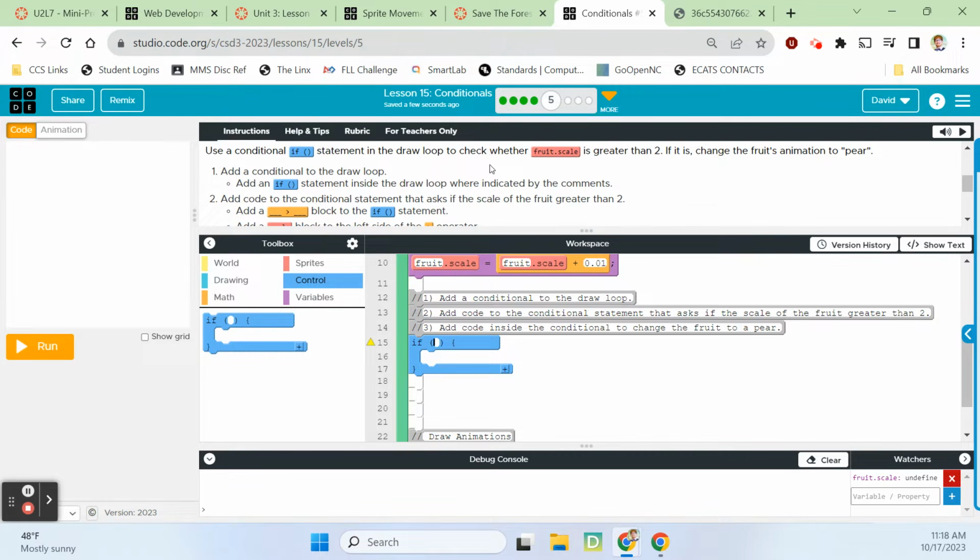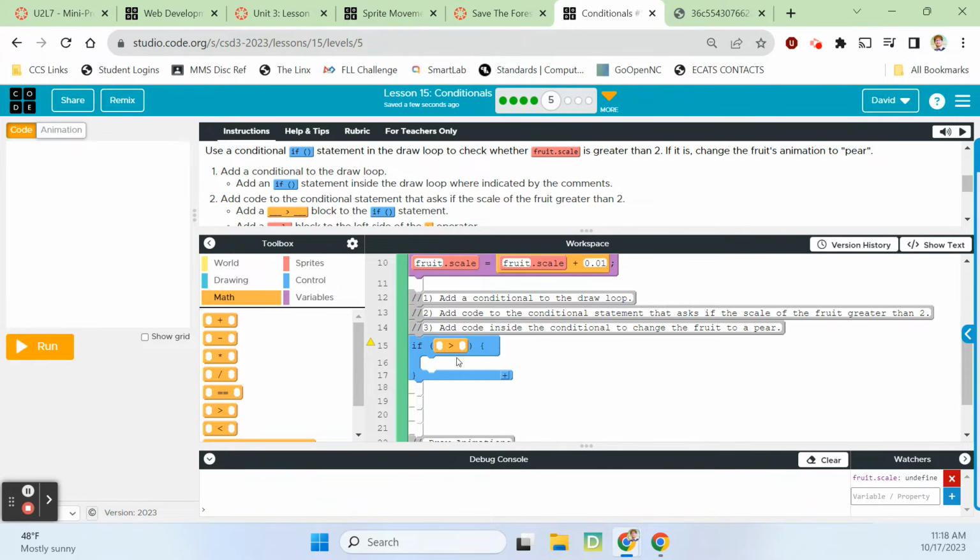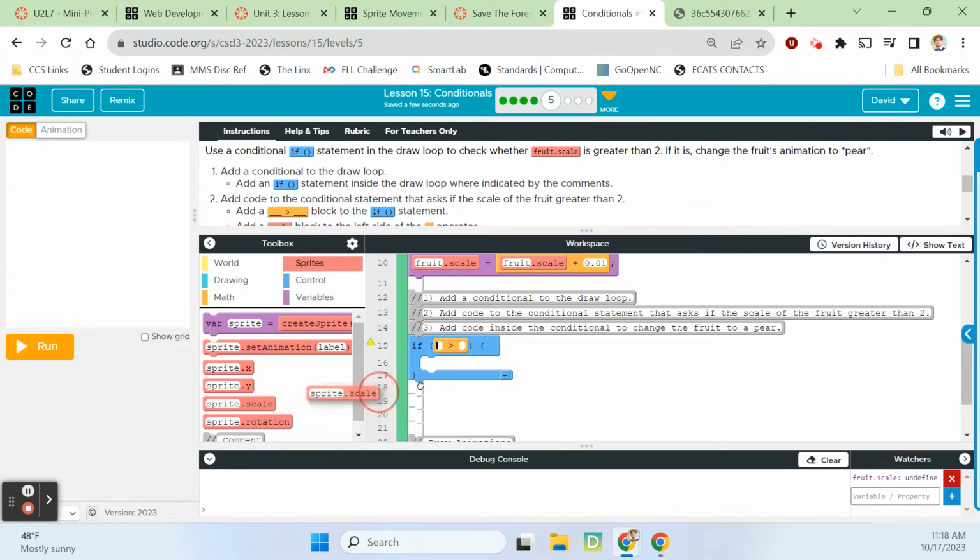We're checking whether fruit scale is greater than 2. So the first thing we need to do is go find greater than in the math drawer. Now we're going to go to the sprites drawer and grab scale. Match that variable label so the computer knows what we're talking about. When its scale is greater than 2,